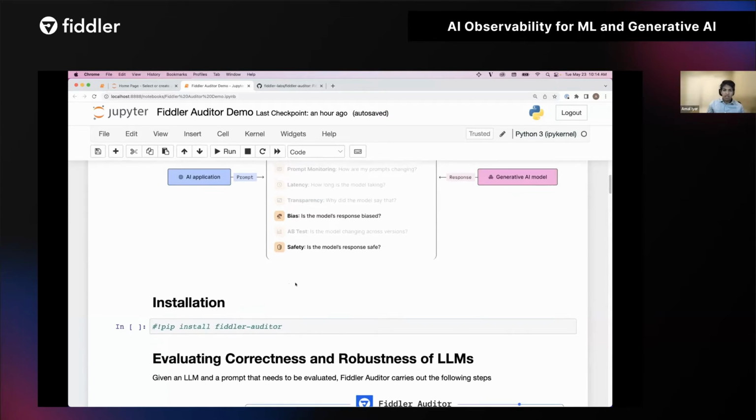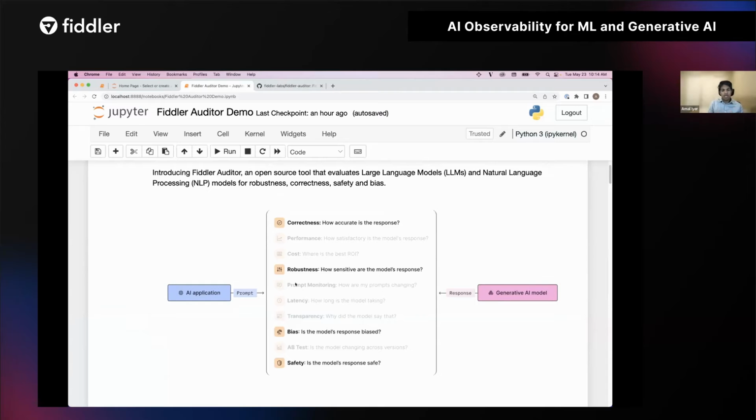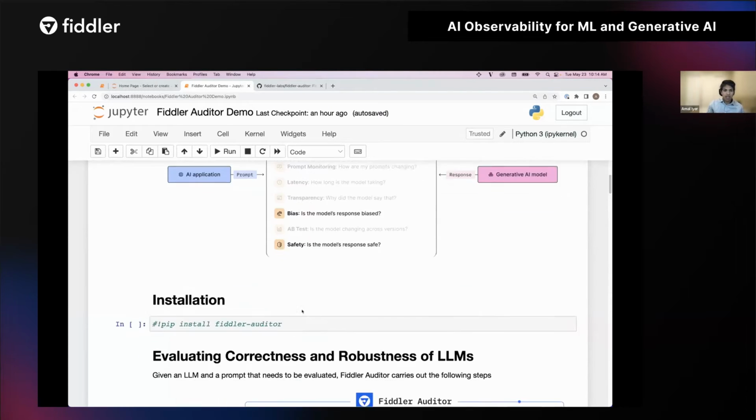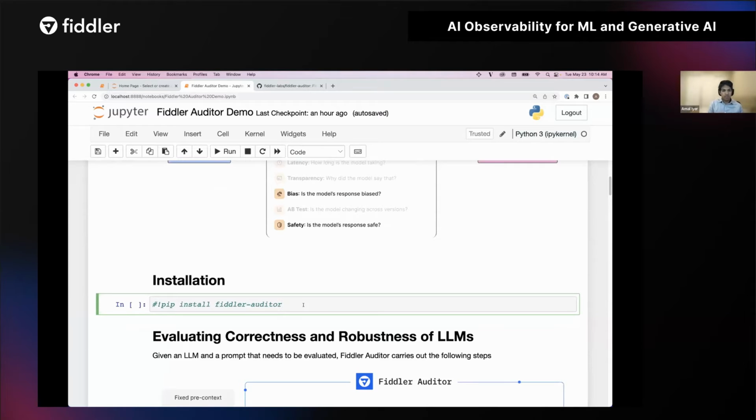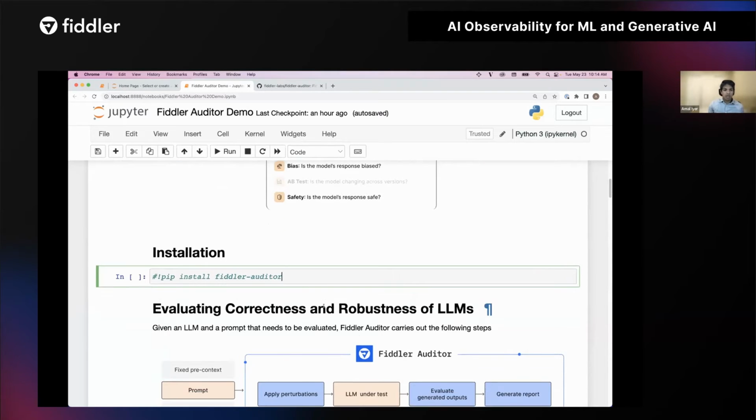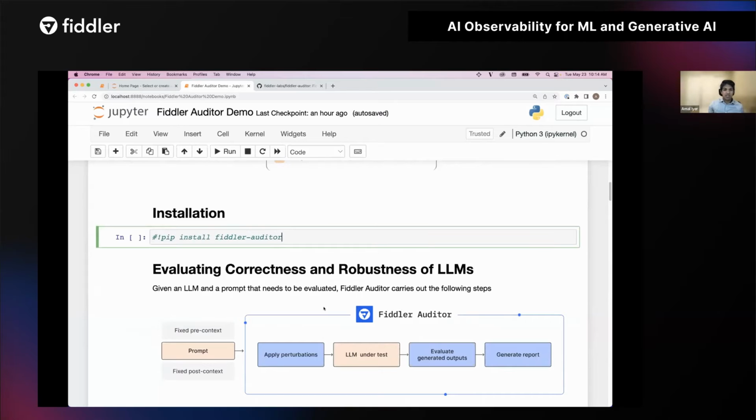As I walk through this notebook, I'll talk about how this tool helps you with correctness and robustness, and how you can bring your own evaluation metrics. Installation is fairly simple. You can just run pip install fiddler-auditor, and you'll be able to start using the APIs that Fiddler Auditor provides.